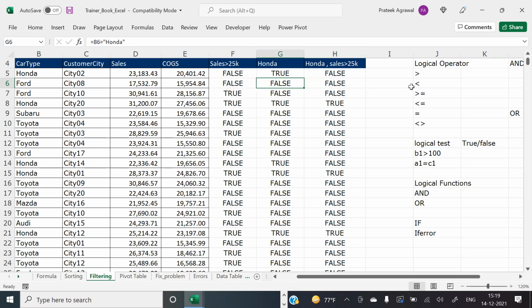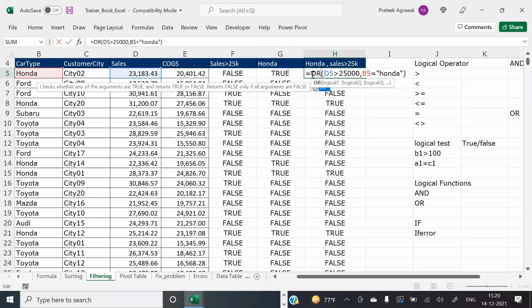Now in our AND, we remember what we said, it will only give me true if everything is true. So over here, one is true, one is false, so false. If both are false, then false. And over here, since both are true, that's why I'm getting true. How do we use OR? OR is exactly the same thing, exactly the same syntax: logical 1, logical 2. That's how we have written.